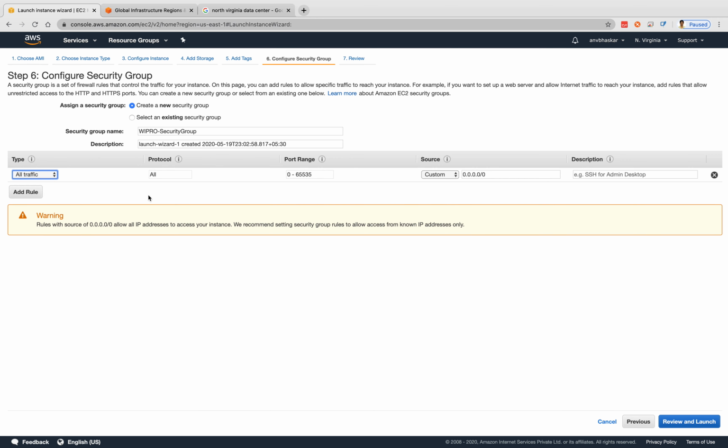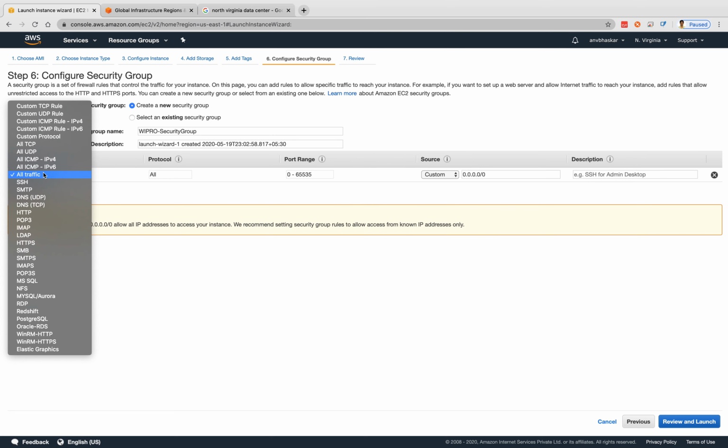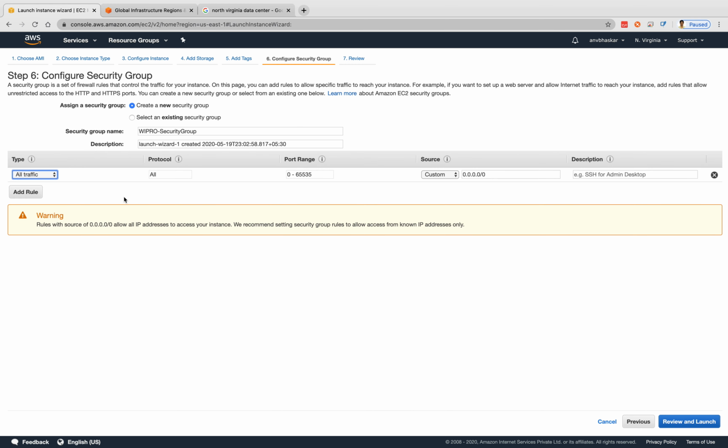When I say all traffic, everyone from any system can access. Okay, this is a custom, any IP address. If you want to restrict, you can restrict. That means all traffic in the sense, I will explain this one. We will do a deep dive on the security group also. As of now I am allowing everything here. If you want to add, you can do all traffic.